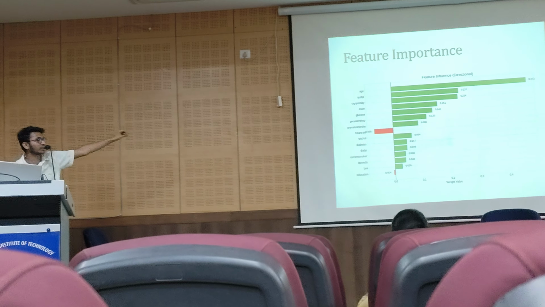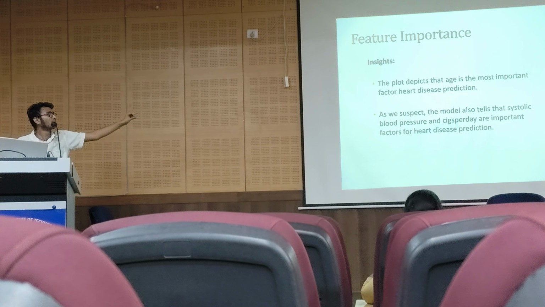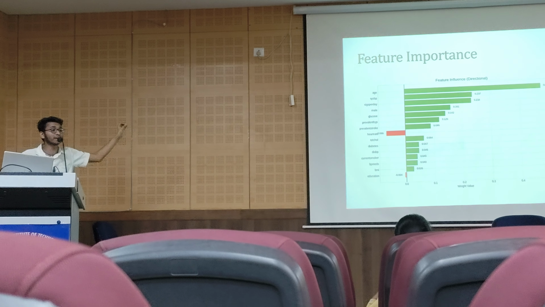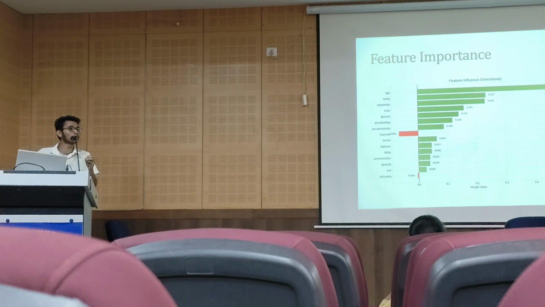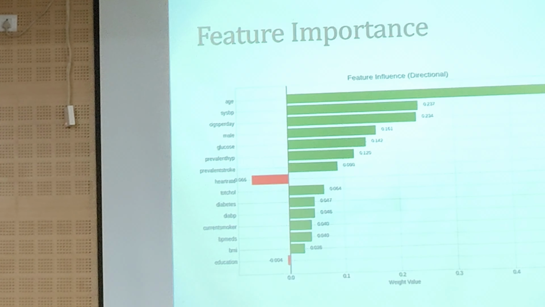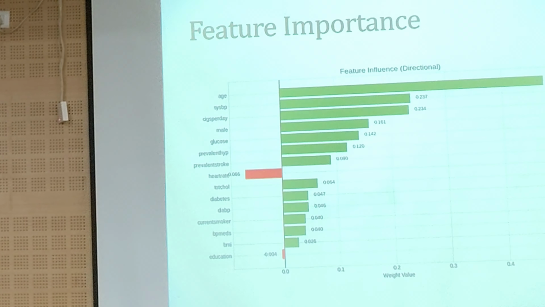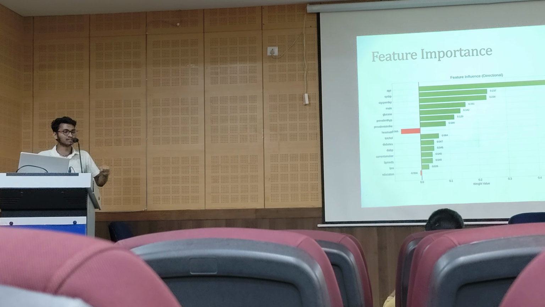And this is the feature importance. Feature importance shows which features the model thought were very important to predict the target label. See, machine learning has interpretability, but deep learning doesn't. This is why most clinical techniques in the real world apply machine learning rather than deep learning, because they can understand why the result is like this.